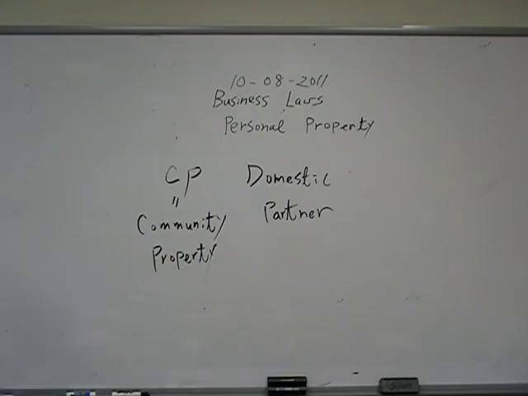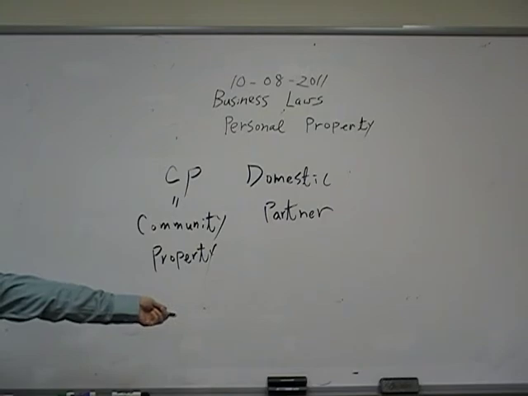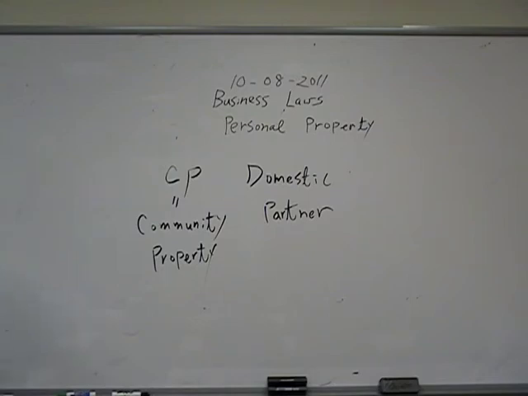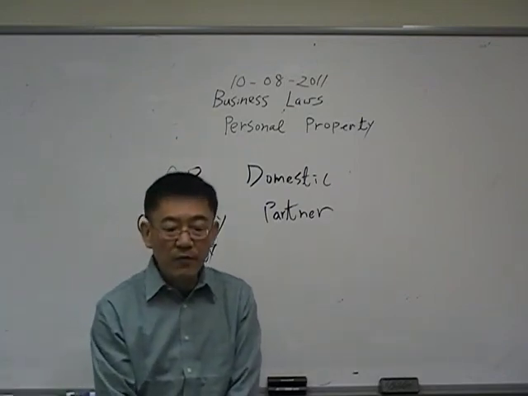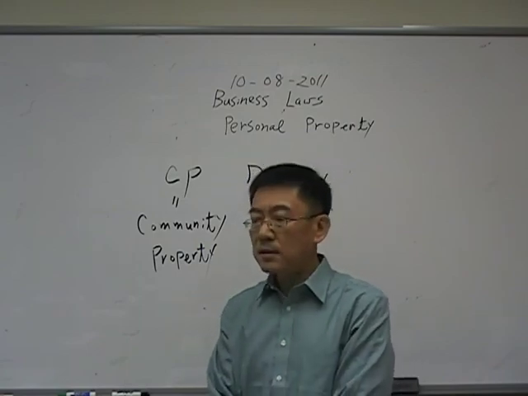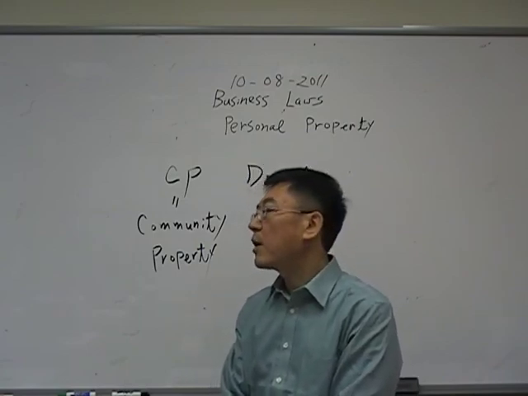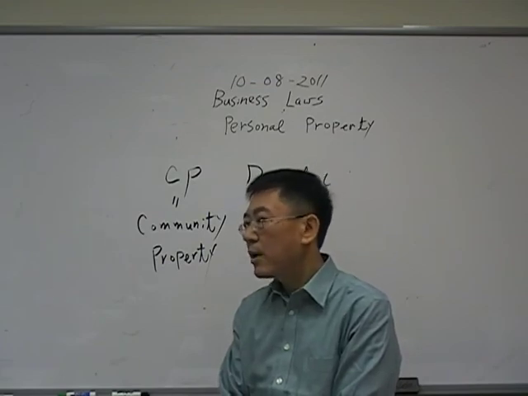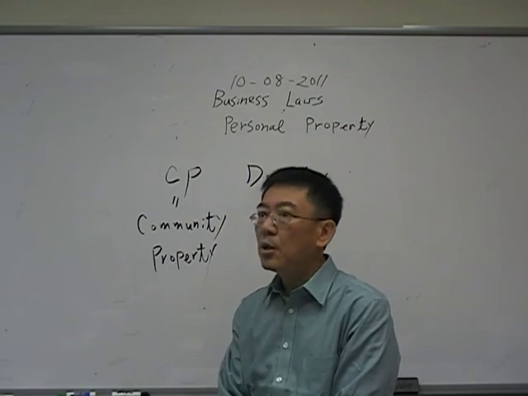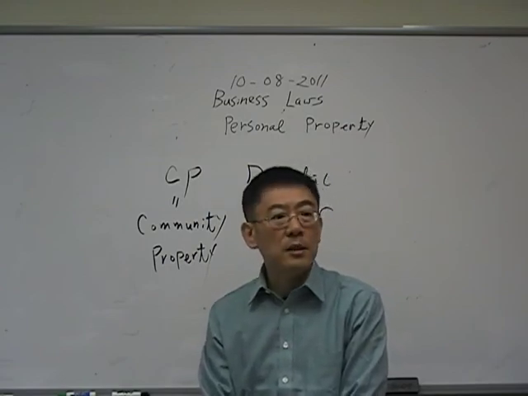same-sex people who determine to get the benefit under community property law can just go ahead and register with the state government. The Secretary of State, whose department does a lot of things, also accepts the domestic partner registration. There's no same-sex marriage, but if same-sex people determine to take the benefit of community property law, they just register. There's no marriage, by the way. They just register with the Secretary of State and they can enjoy the same benefit,